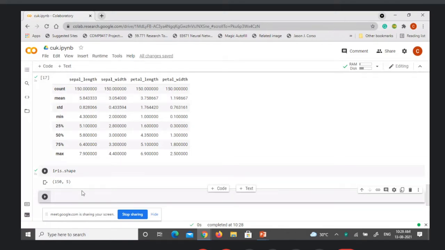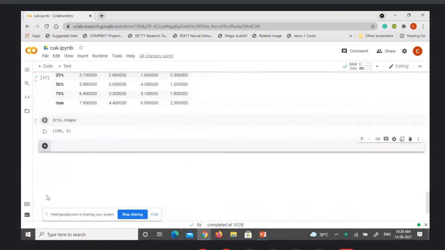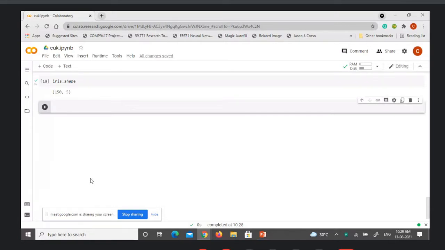And now another interesting feature is, if you have some duplicates available. Let us say you have one row here having the features 5.1, 3.5, 1.4 and 0.2. If you have the same combination again somewhere, then it becomes a duplicate. So we can check whether any duplicates are there or not, and if the duplicates are there, we can remove those duplicates because we don't need that repetition of the data.